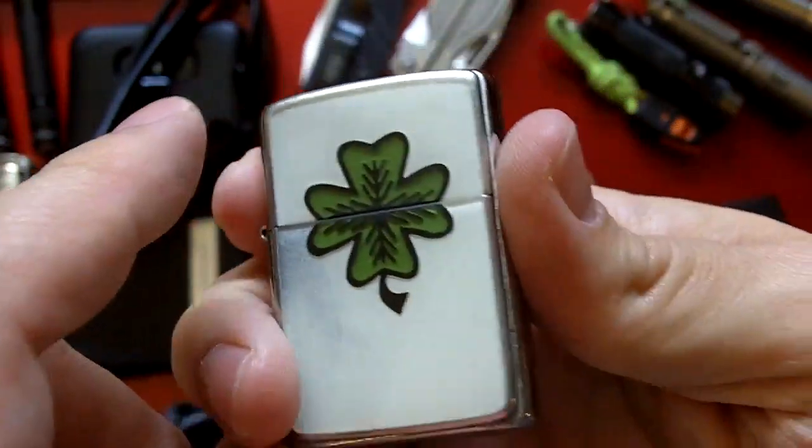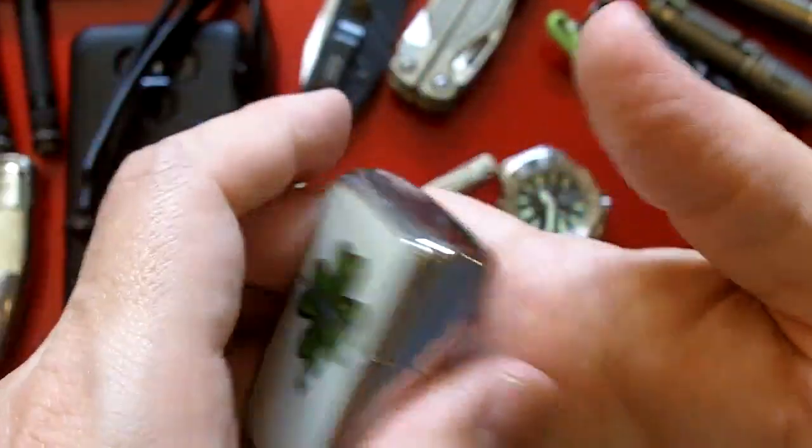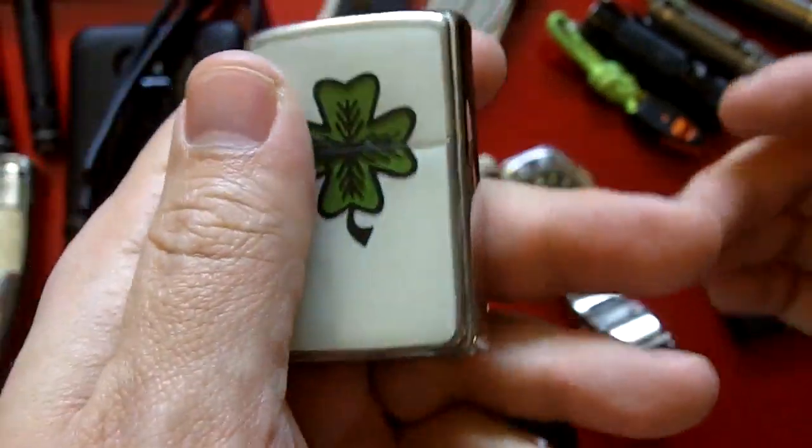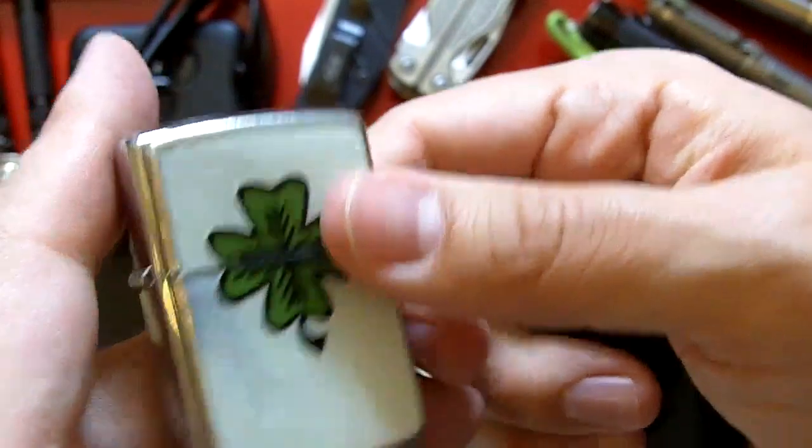Look up Relic Raider on the internet and you're going to be finding the guy, and he probably doesn't have any of these for sale. But this is my lighter. I love it. I have a spare one which I keep as a collectible, because that's the thing with many